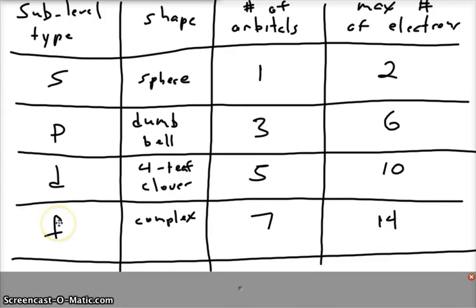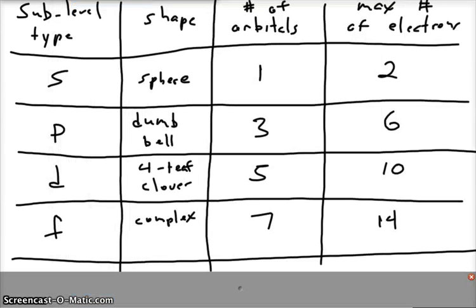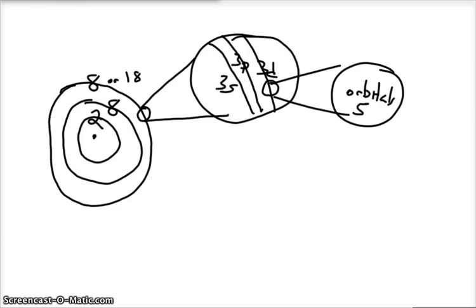that F sublevel. Now, again, these aren't separate. They've been exploded out. They've been separated so you can see the different shapes. If they were all together, you wouldn't see shapes. It'd just be this big, massy blob of, you know, whatever it would be. And that's an important idea to understand. And that's kind of where we're going to wrap up here, is that when you look at the atom,